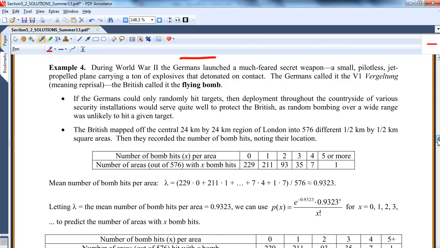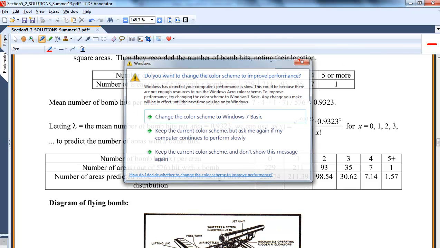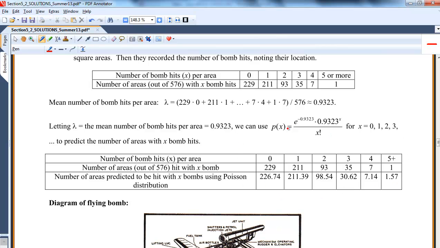Really nice example from World War II. This is a true story of how American statisticians, I think, were trying to approximate how many bomb hits were expected in a certain area during World War II. They blocked off London into a bunch of square grids, kind of like that original problem. It's just seeing how good the approximation is compared to reality. This is what really happened in World War II, and here's what they could approximate with a Poisson. What they were trying to see is if the Germans were randomly bombing London, or if they could direct a bomb to a certain area, and what they determined is they could not direct the bomb. It was just random.